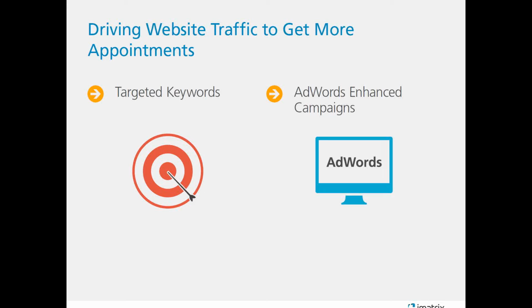So if you already have all that stuff, if you have video, you have social media, the next step is pretty much to drive more website traffic to try to help increase the appointments. If you're not using pay-per-click ads to drive website traffic, it's probably time to get started. It is one of the things that a lot of people are doing now. If you're not doing it, I guarantee your competitors are probably doing it as well.